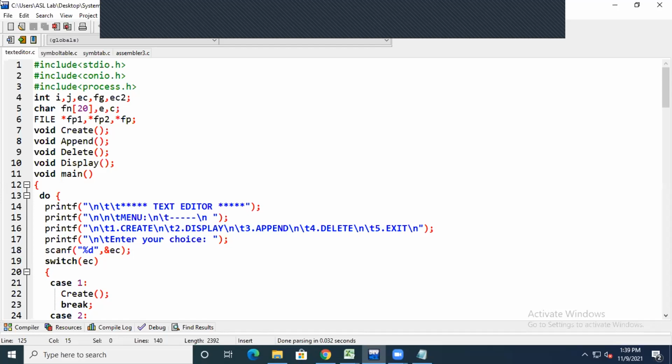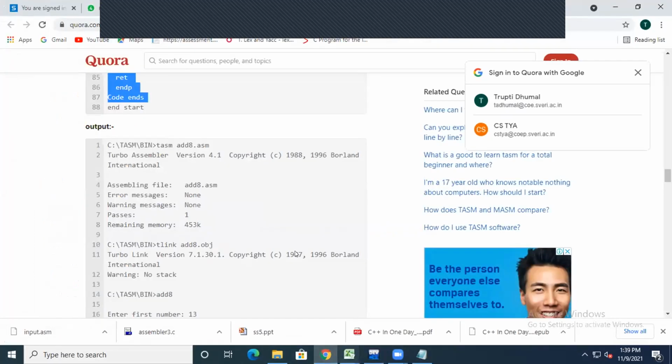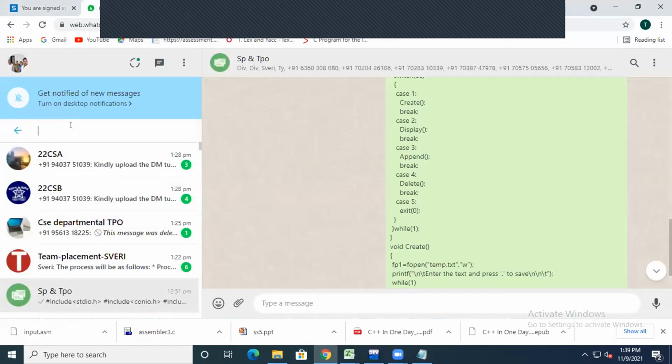So all that we had done in your text editor. Similarly, we had gone with the TASM property. If you are not knowing from where we had done, just wait, I will show you.